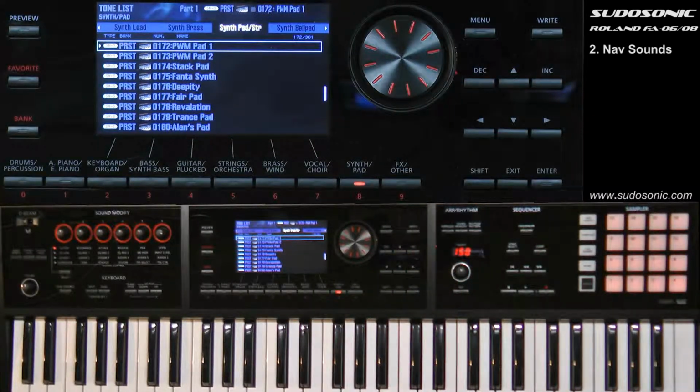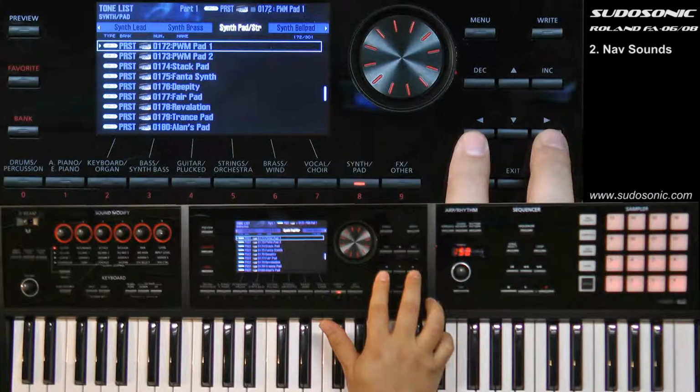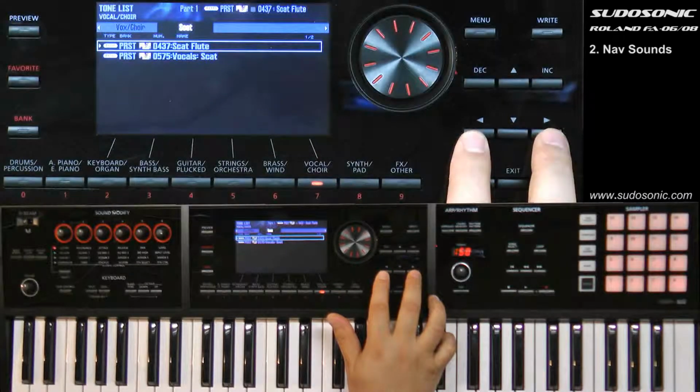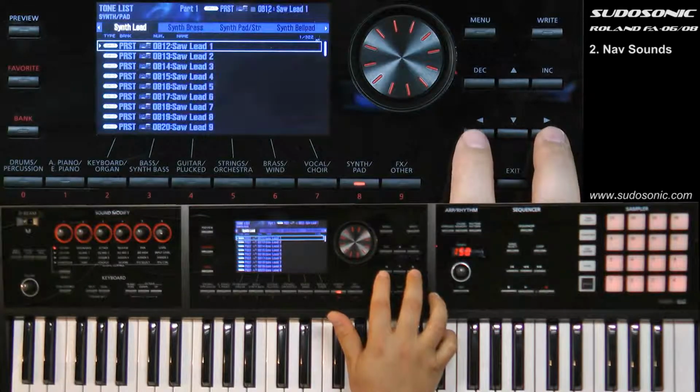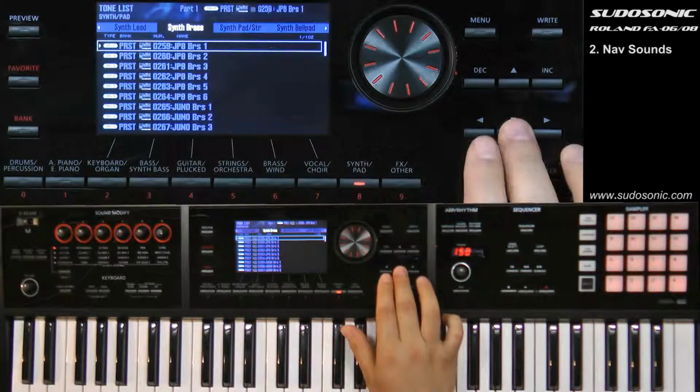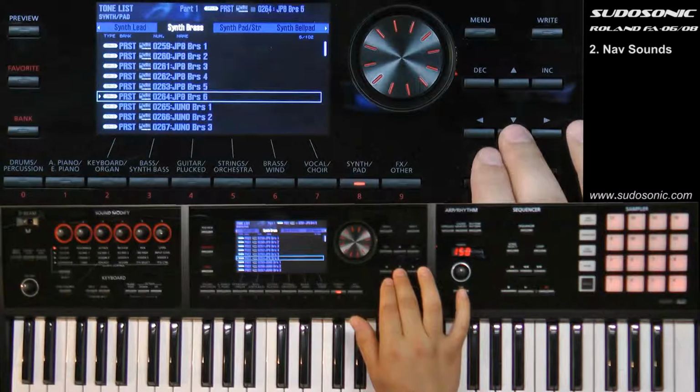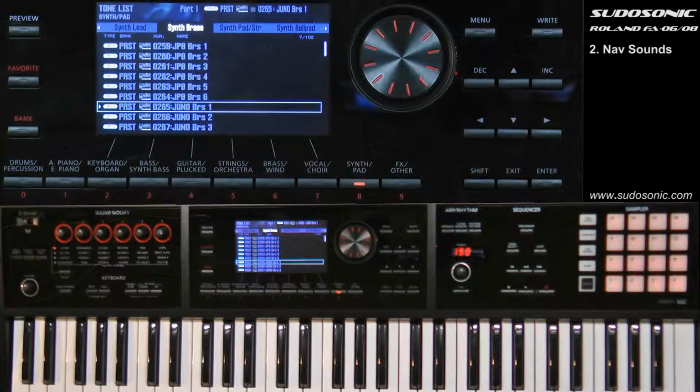The cool thing from here is not only that you can view the individual sounds that are in that category, you can actually use the left and right arrow buttons, and you can jump to other categories if you wanted to. And of course, every time you highlight a different sound here, the sound changes. And you can also use the preview button